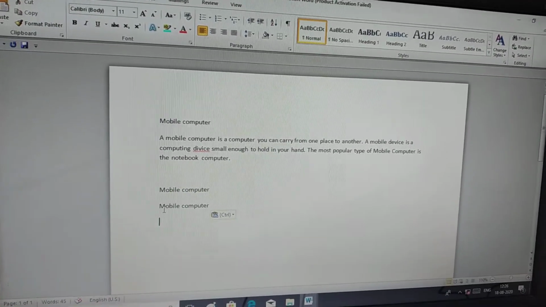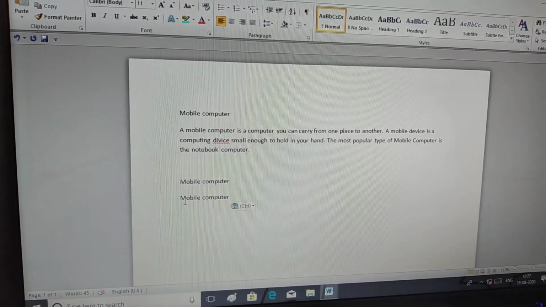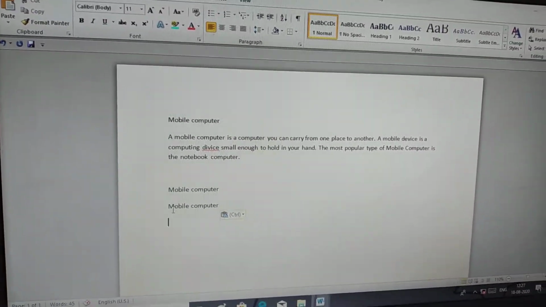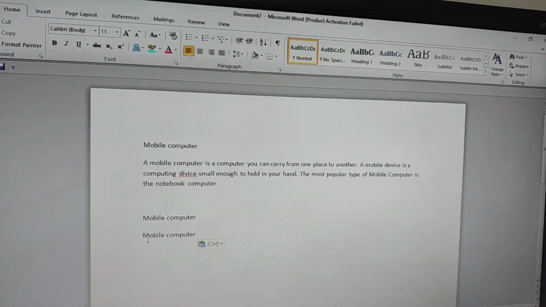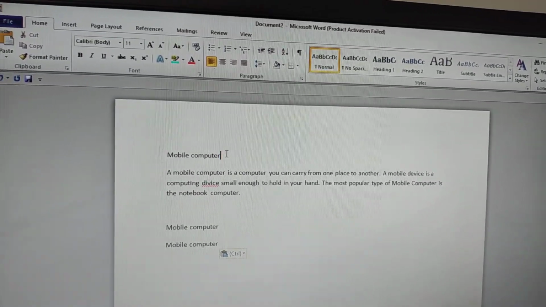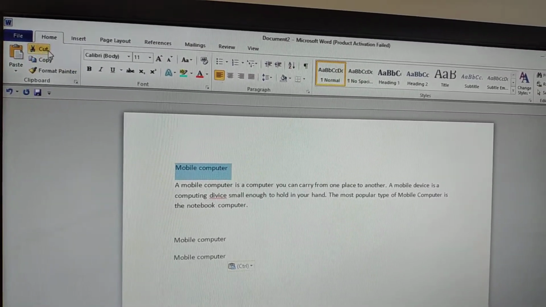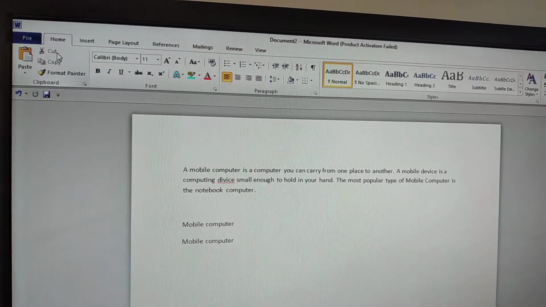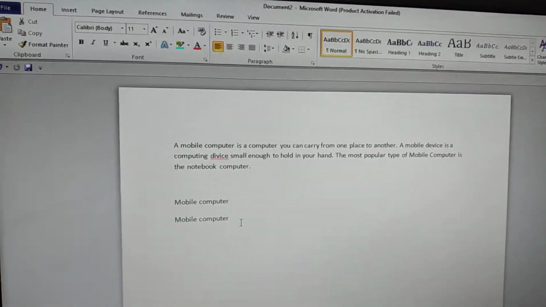Now the next is cut paste. Cut means move, meaning the text will disappear from its original location and appear at the other location where it is pasted. Suppose I am going to delete this mobile computer from here, that is, I am going to move this. So what you will do, you will select this and click on Cut. Cut means it will be finished, it will be deleted from here. I am going to cut it. You will see here the mobile computer is deleted, and where you want to keep it, go to that location.